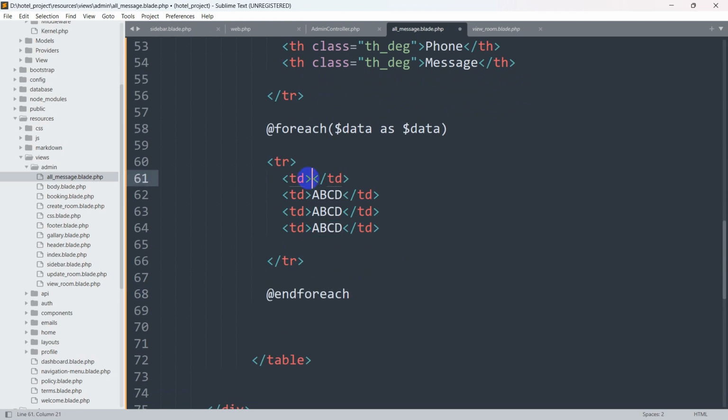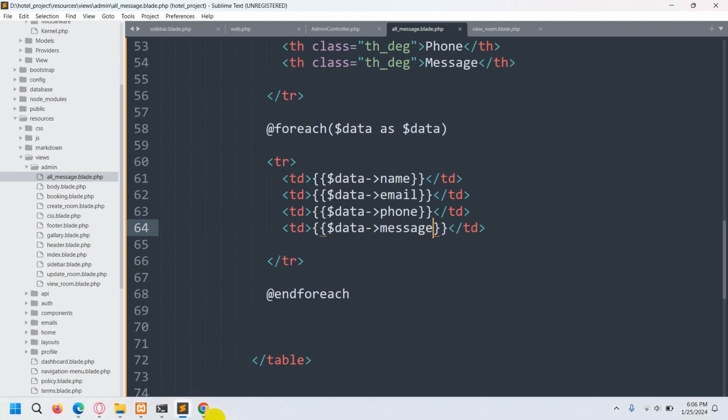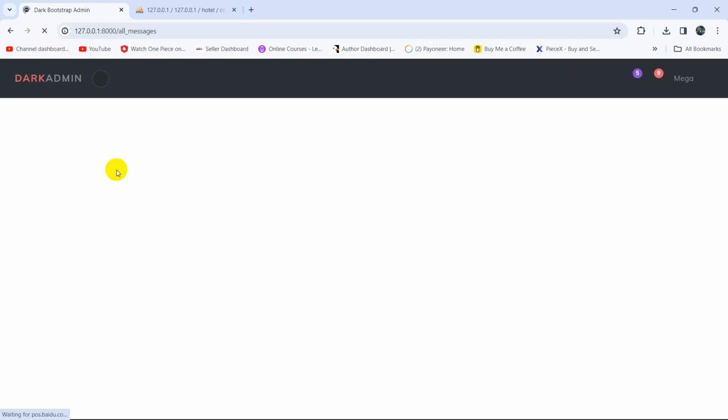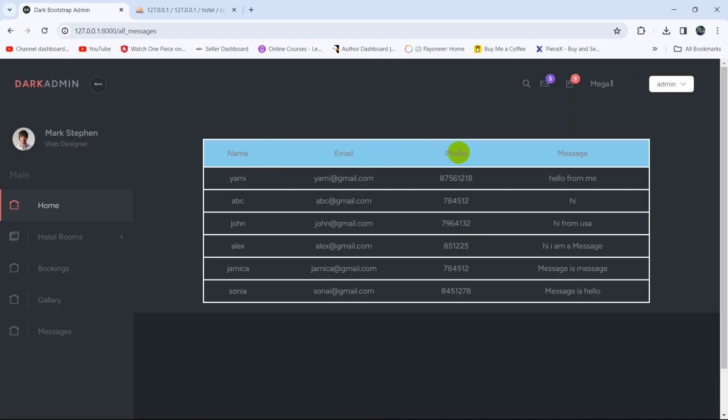So inside this TD, let's first show the name. So we say here $data, this arrow sign, name. After this one will be email. So we'll say here $data, arrow sign, email. This one will be the phone number. So let's again say $data, arrow sign, phone, and the last one is the message. So we'll again say $data message. Let's save it here again, and let's go back and refresh, and there you can see the name, email, phone number,